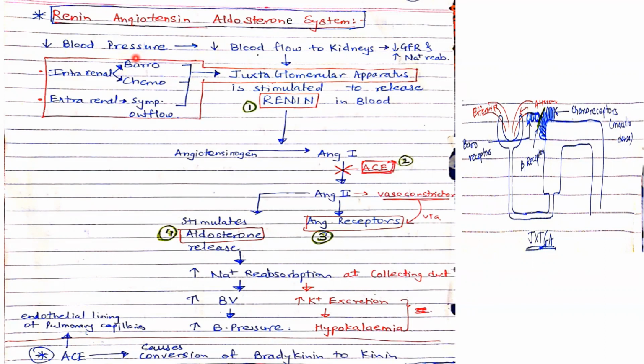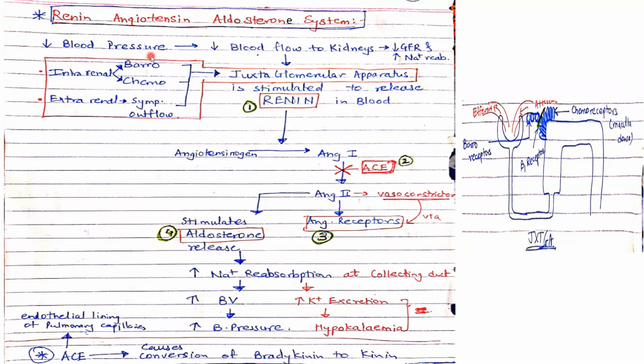This is the normal physiological feedback mechanism we are discussing. Once we understand the normal physiological mechanism of the renin angiotensin aldosterone system, then we will see how we can manipulate this system and use it for the treatment of congestive heart failure. So the current slide does not tell you anything regarding congestive heart failure. It is just the normal physiological mechanism. So let us start. There is a decrease in blood pressure, and it can be because of n number of reasons. Suppose, very simply, a person has met an accident and because of that there is a lot of blood loss. Blood volume decreases, so blood pressure decreases.